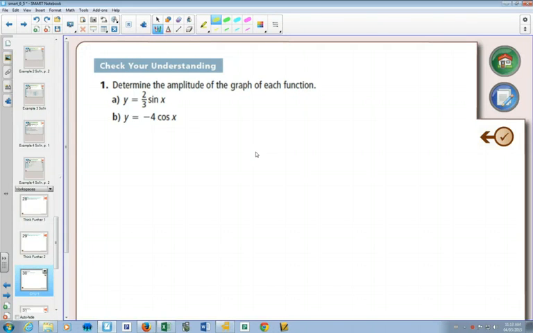So we are going to determine the amplitude of the following. We're going to combine what we know about transformations. For each of these as well, you can write the fact that we are going to graph these as well so we get a sense of what's going on. And what we're really looking at is what happens when you put a value in front of either sine x